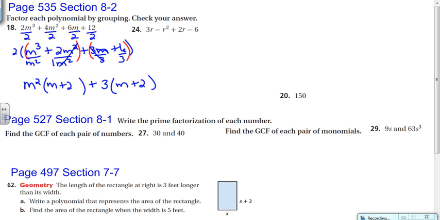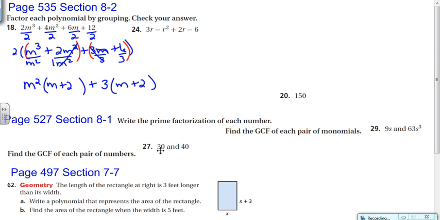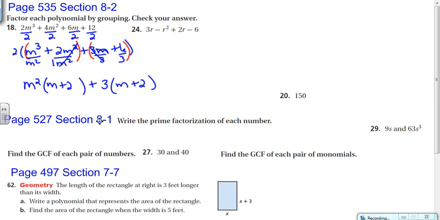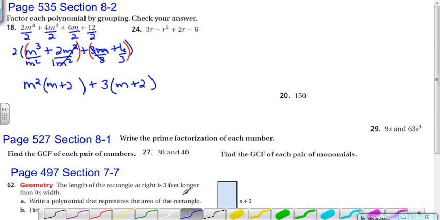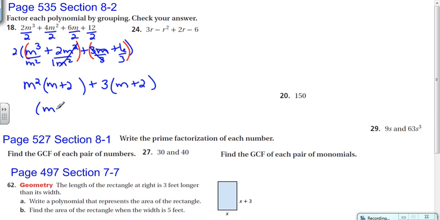But what I notice is my 2 factors, my 2 multiplication problems, have the same thing in common. They have an m plus 2 in common. So I can divide out an m plus 2. So now my GCF is m plus 2. I can divide out an m plus 2 here. I can divide out an m plus 2 here. So those are going to cross out, and that leaves me with m squared